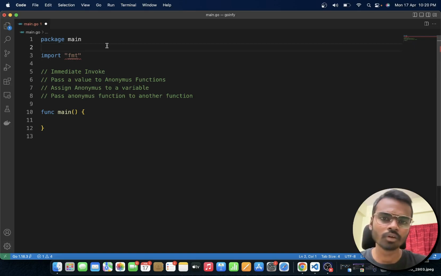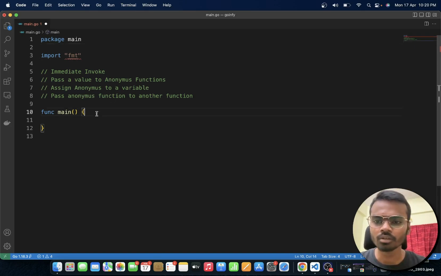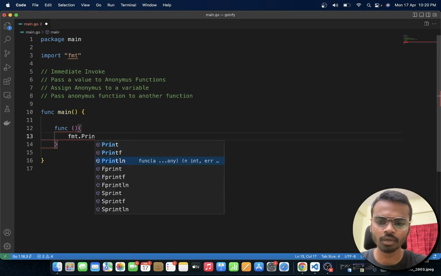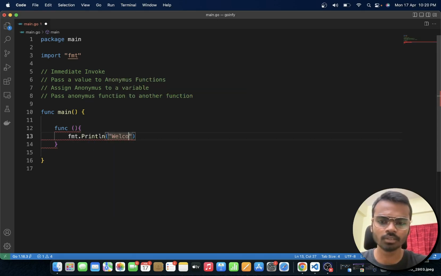Today we are going to see with some examples what exactly anonymous functions are and how they can be useful for us. We are going to understand anonymous functions with four different examples. As I told you, anonymous functions do not contain any name. If I write a function without specifying any name, and I am trying to print some message,